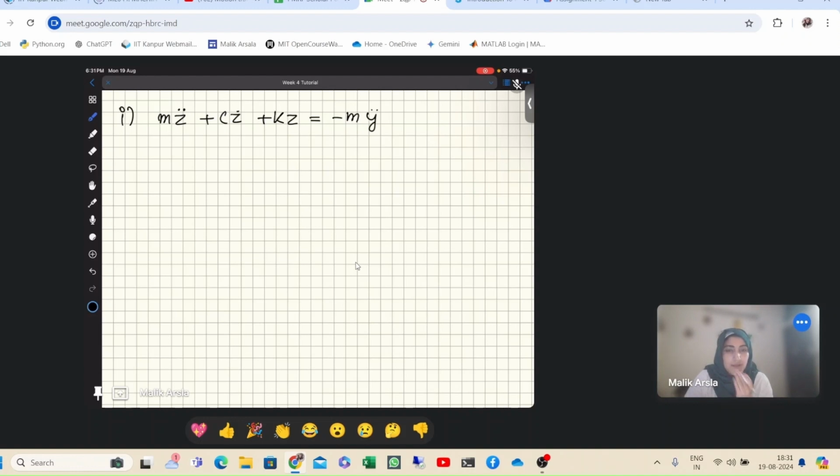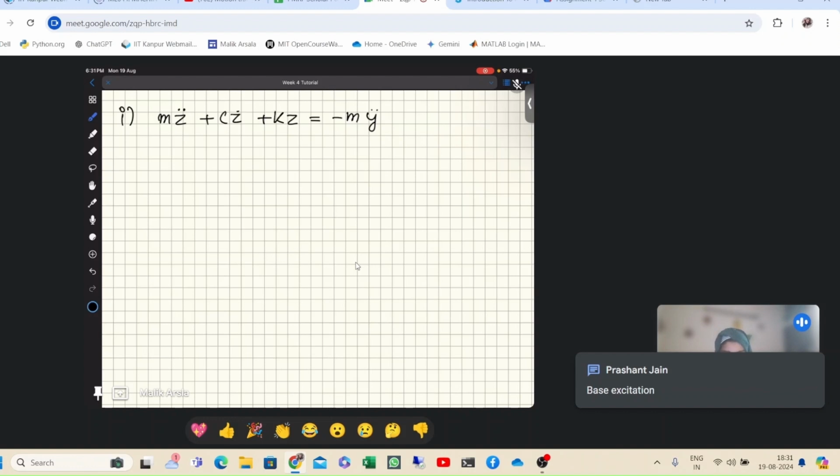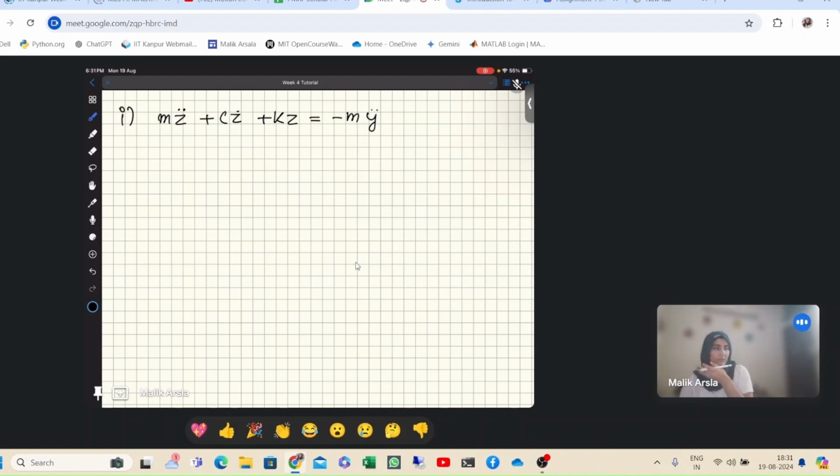Can anyone tell me in the chat box? Base excitation is correct. Okay, understood. It's basically from where we derive the motion transmissibility formula and everything. When we excite the base, this is the base force, this m y dot, m y double dot, and this is the equation for the mass or the rest of the system. So for the second one, it is m x double dot plus c x dot plus k x is equal to, so this one is easy, it's m e omega square sine omega t.